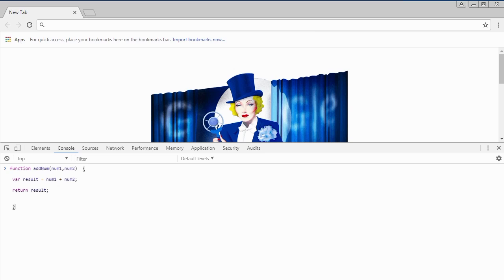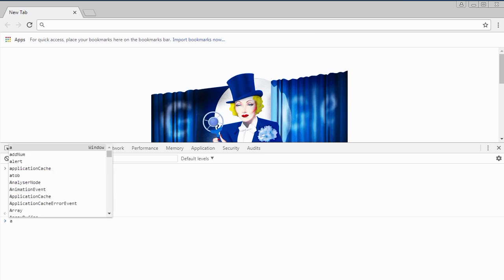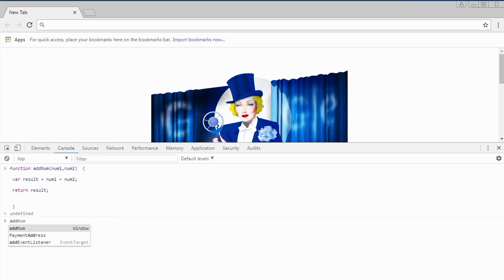So variables defined outside the function are global, so you can access them from anywhere within the JavaScript code, whereas variables defined inside a function, like I have done here, are referred to as local scope variables. So here I have defined this function called addNum. Now to invoke this function, now that I've created it, all I need to do is call the function by its name, which is addNum,